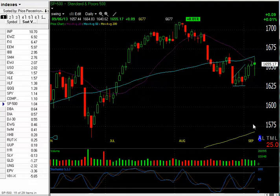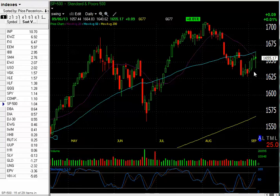So the way I'm looking at this for next week, the market did have a nice move after this flush. One of the things we'll really need to watch is, we need to take out this 50-day moving average and really take out this prior high, which is about 1670. If that happens, that can set us back into the range that we have been in. If we do fade back from the 50-day moving average and take out this past week's lows,